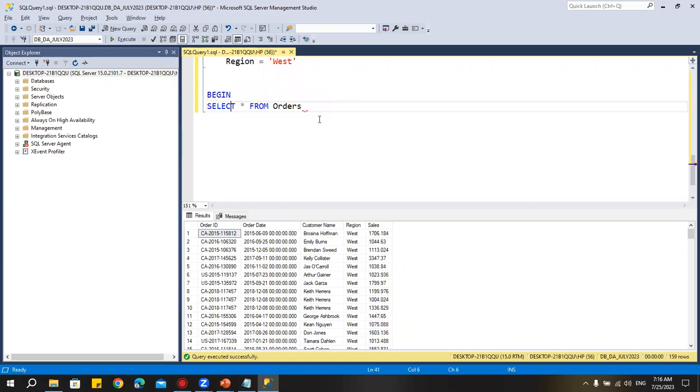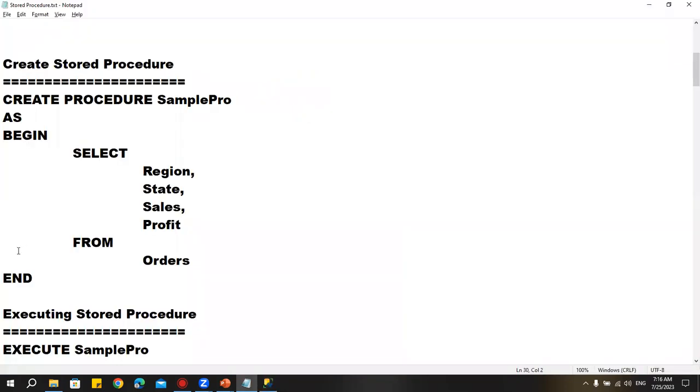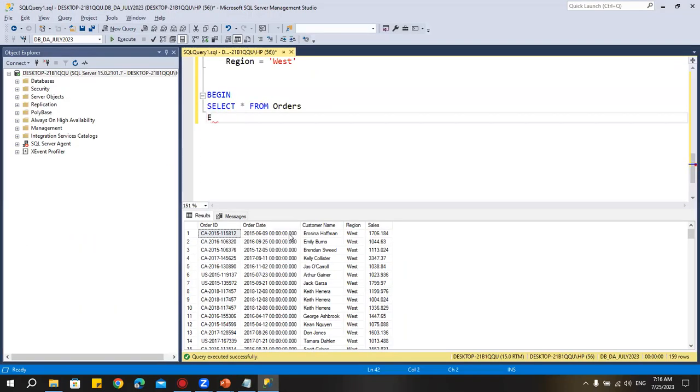And here we'll mention end. See, I mentioned begin, end. In the middle, we have this SQL query, what we are trying to execute. Above this begin, okay, above this begin, so create